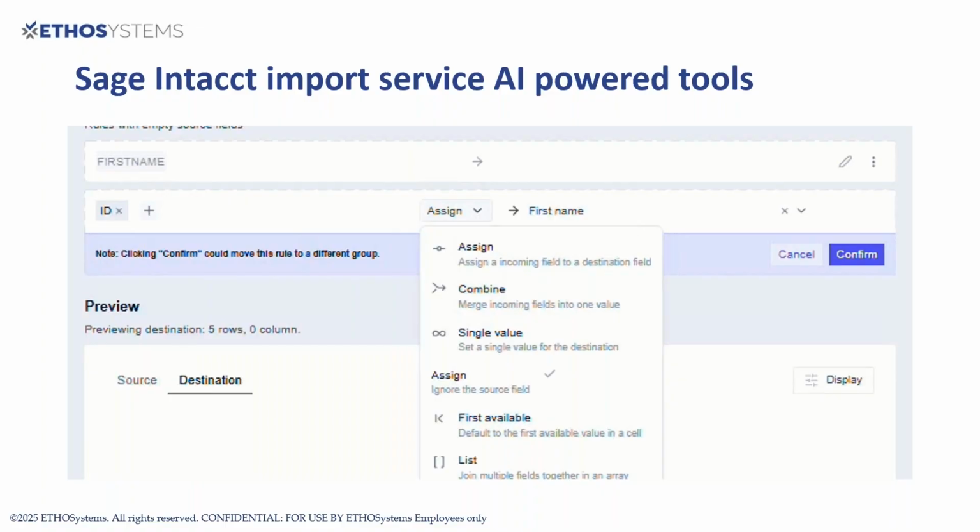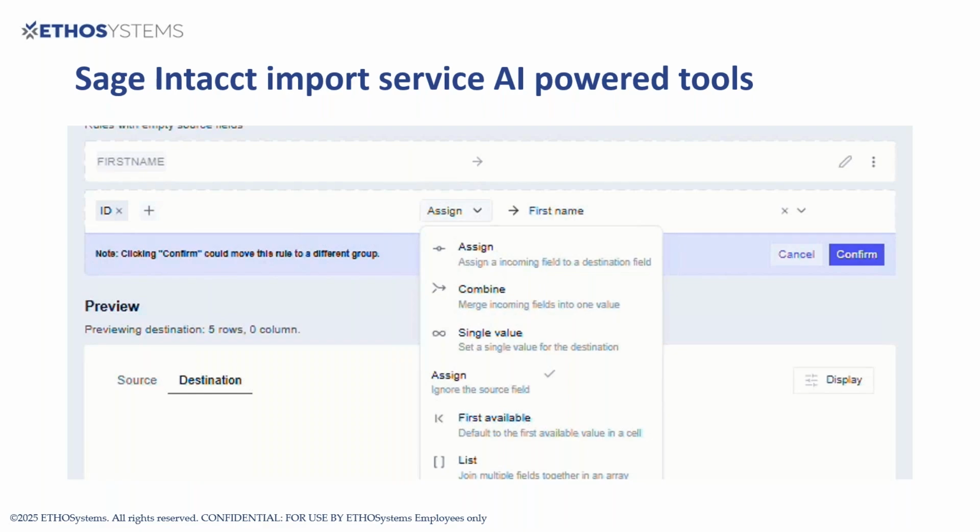We've updated that functionality with AI to help you better match up the data to the Sage destination fields, as well as help you both combine data or split data out into individual fields. Like in this case, where you can split out a name into first and last name, and it allows you to both view and preview it before it actually makes a final change. So, some exciting